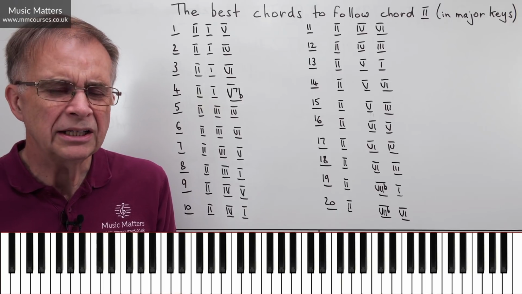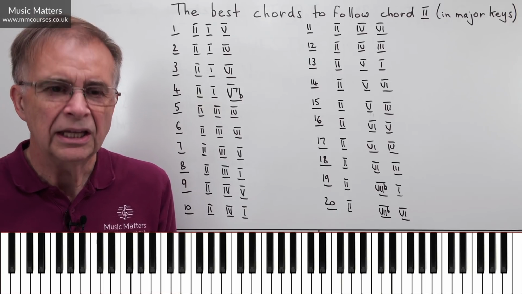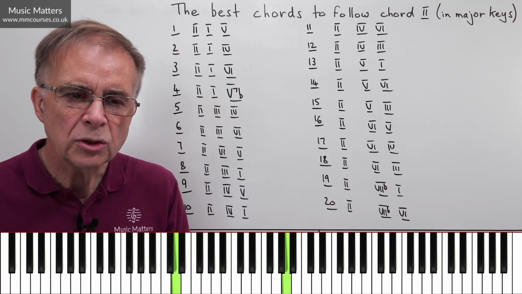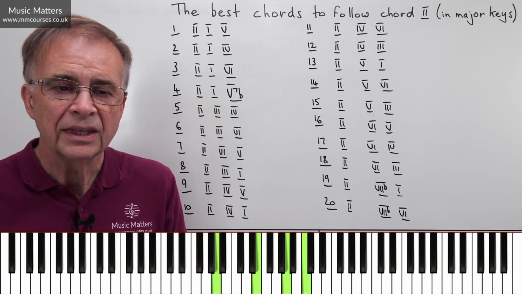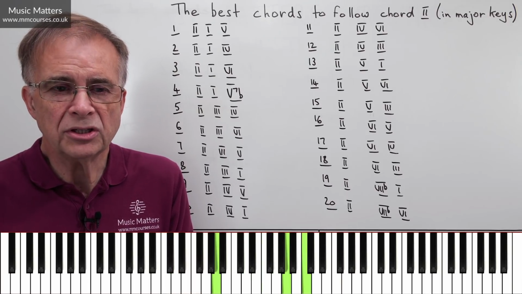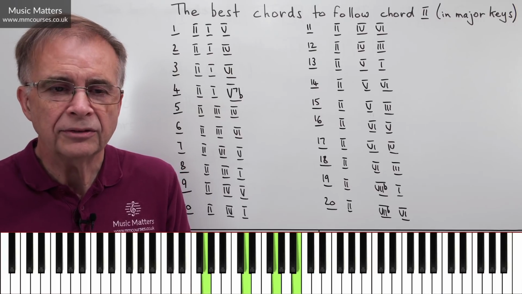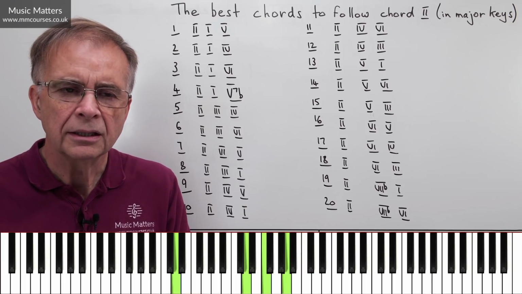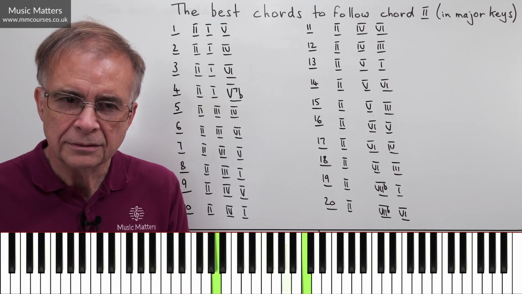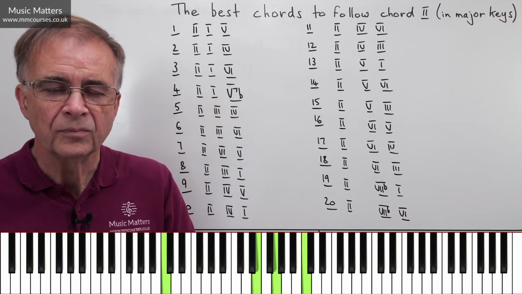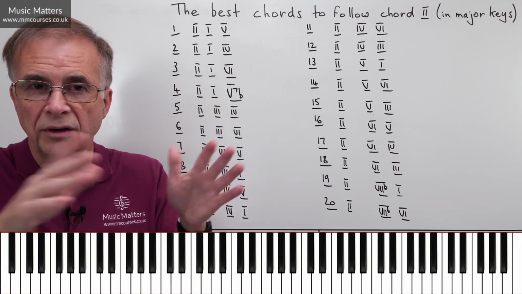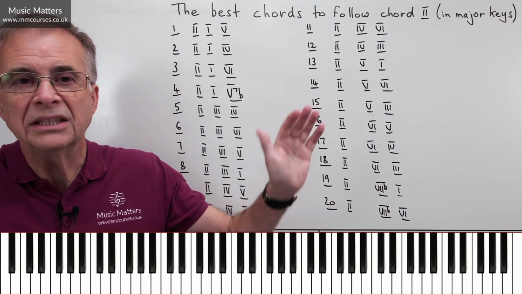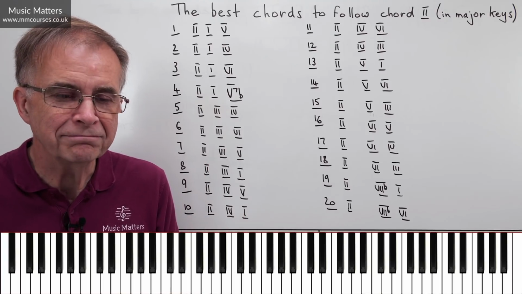Now, if you're not entirely convinced by going from 1 to 6, well, again, think, where might I go next? So you might go 2 to 1 to 6, and then you might go 2 in first inversion, and then 5, 1. And suddenly, it sounds quite good actually, doesn't it? So some of these chord progressions work very nicely on their own. Some of them are perfectly decent chord progressions, but maybe just want completing in some way.